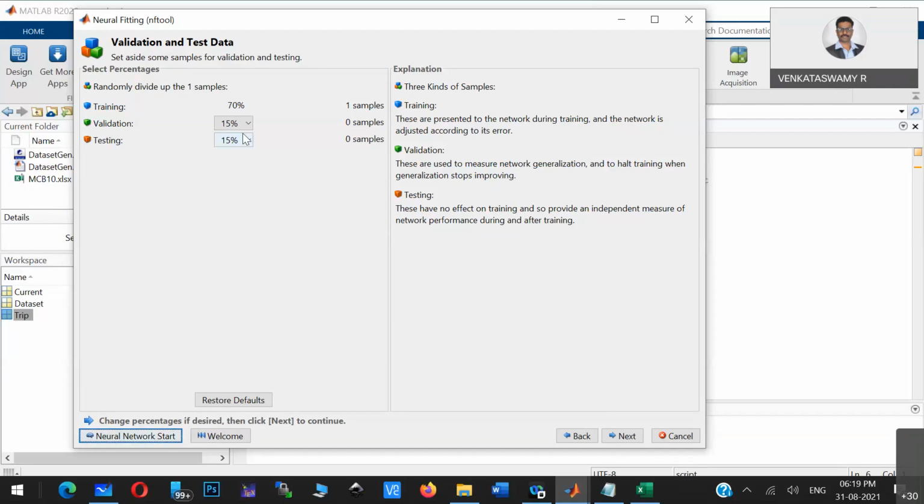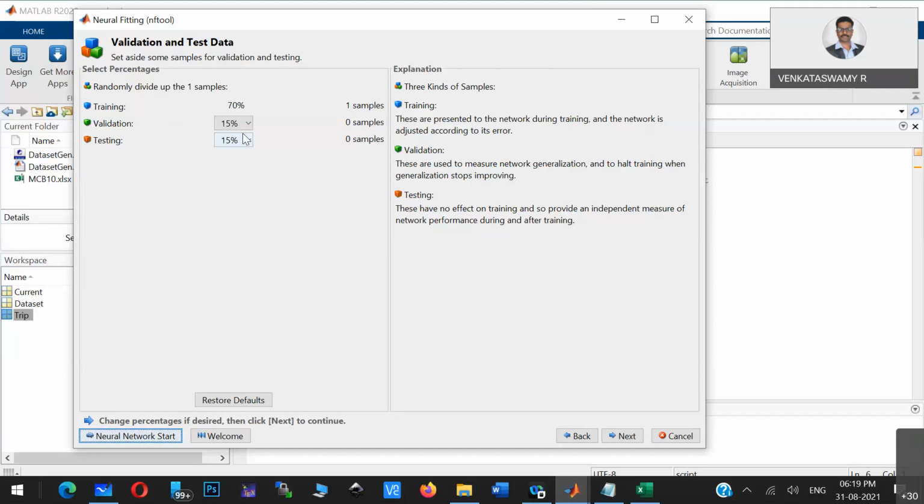You have to remember this whenever you are working on neural networks, machine learning, or any training toolboxes. They will always say how much percentage you trained. Normally it is 70-30, 90-10, or 80-20. So in this particular case, I'm using 70% for training and another 30% for validation and testing.